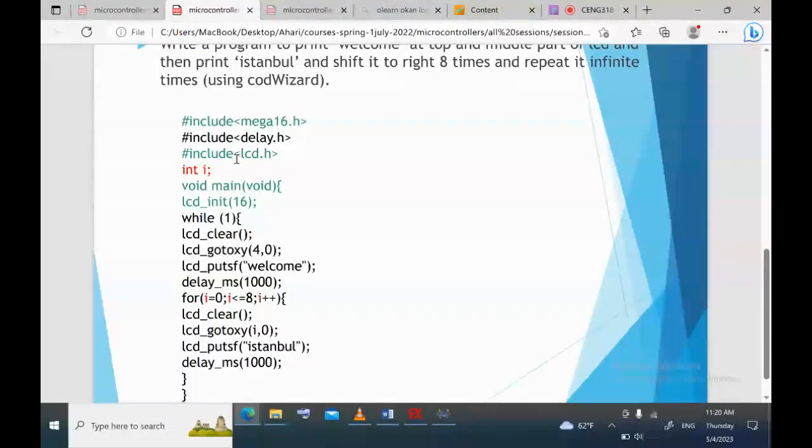We actually activate alphanumeric LCD, and then what happened in code wizard, these codes, the green typed codes, are generated by code wizard. Then only it's required to add the other sections of our code. Again, because we said that it wants us to repeat it infinite times, we have while function, while one, infinite unconditional